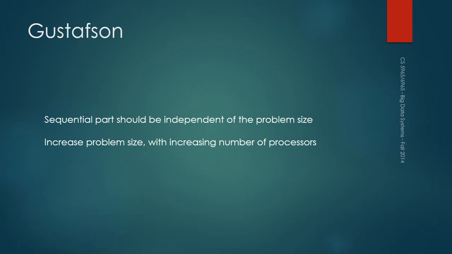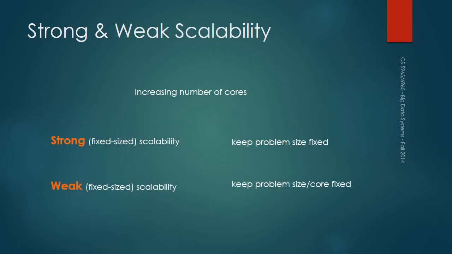The way I should do it is that tomorrow when you have a larger problem, I shouldn't necessarily try to say that I'm going to get a bigger set of machines and use it to solve a bigger problem. What you want to do is to scale out, because you really want a larger number of processors, because that's going to improve your parallel efficiency, assuming that you start with an algorithm where the sequential part is sort of independent of the problem size. But this is true in most cases.